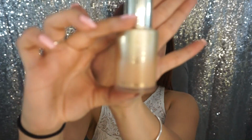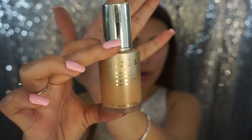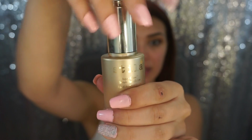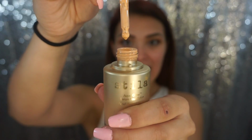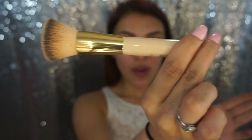We're already gonna start with the face, and for foundation I'm gonna use my Stilla Aqua Glow foundation in the shade Light Medium, which is this one right here. This foundation is a little bit different because it comes with that little drop. So I'm gonna apply my foundation with my BH Cosmetics Kabuki brush number 2. This came on a gold set, and this has been my brush for foundation for like 2 months already, and I've just been